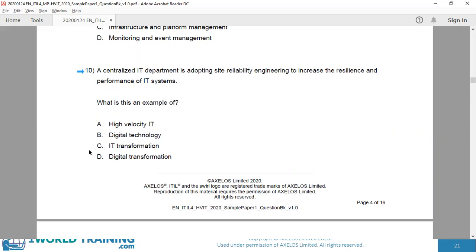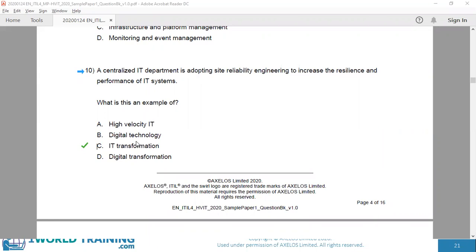IT transformation. You might recollect that IT transformation is focused on how IT services and information systems are developed, run, and supported. And in the question, we definitely see a centralized IT department. And in organizations where IT and business are separate organizational functions, IT transformation is about major changes that improve how the IT services are provided by the IT department or the IT service provider. And the SRE is an example of IT operations to increase the resilience and performance of IT systems. So definitely this is a case of IT transformation and not something else,